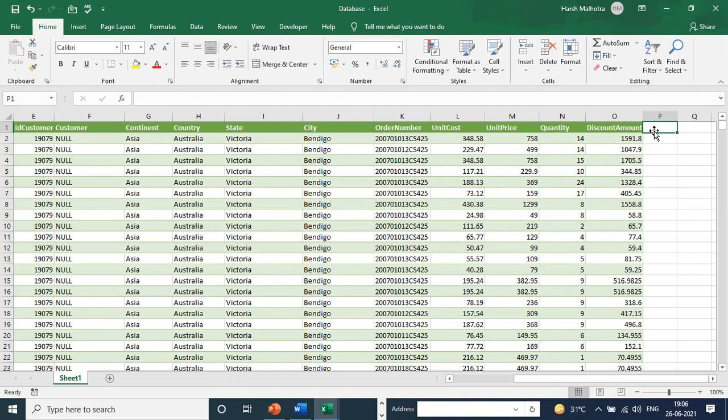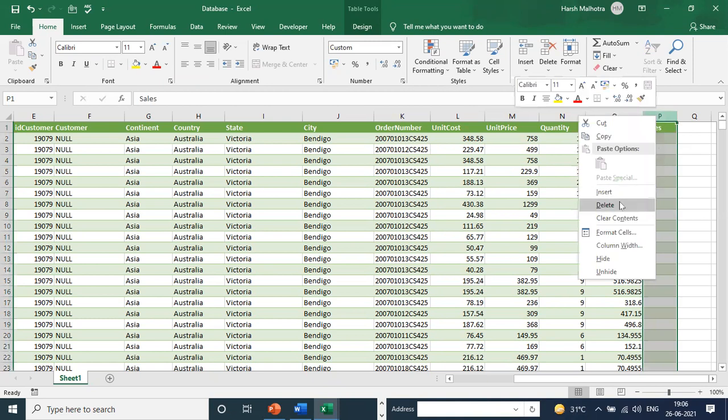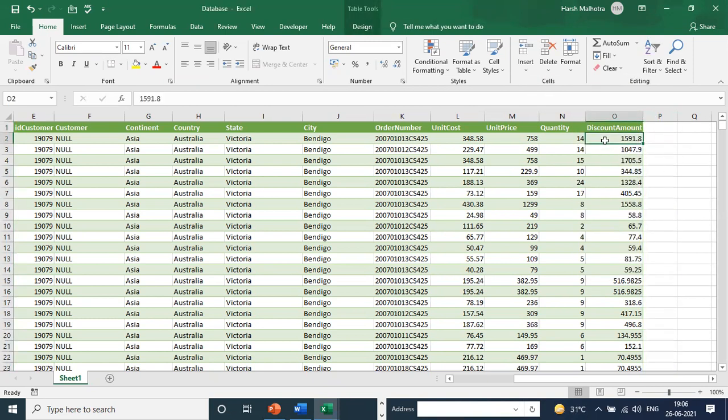Okay. Suppose in the Excel file you have some sales data and you want to add some sales. So how do you do it? Quantity multiplied by unit price gives the total sales, less the discount price. It's just an Excel formula. Then how do we do this in Power BI? These are the steps known as Power BI DAX formulas.